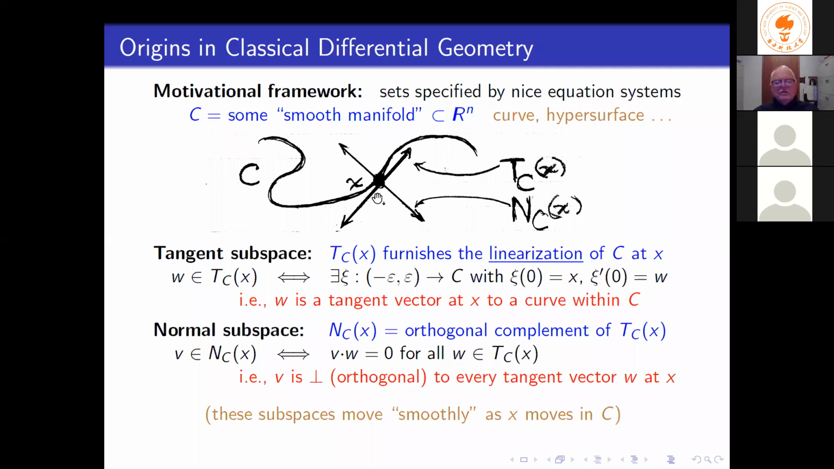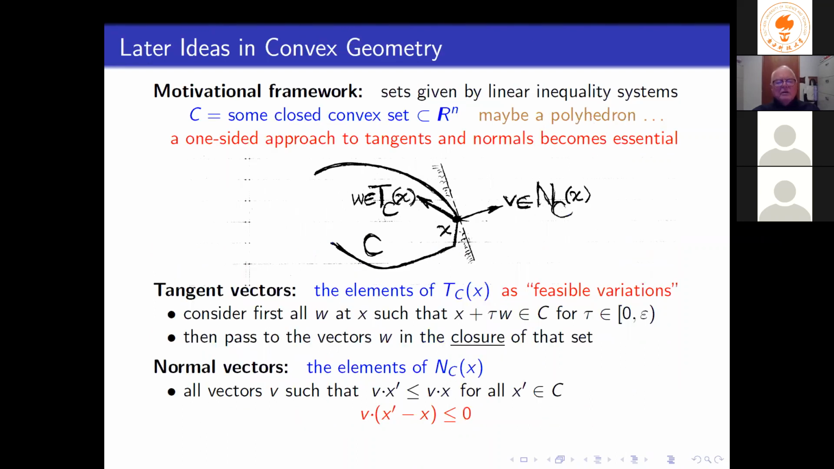Another characteristic of this old subject is that you have this geometry that is something smooth. This is indicated by the fact that if you think of X moving around in this set C, then these subspaces would move in some continuous way too. What does it mean for a subspace to move in a continuous manner? This is going to get us into set convergence again later. But anyway, this is the classical background that we all already understand,